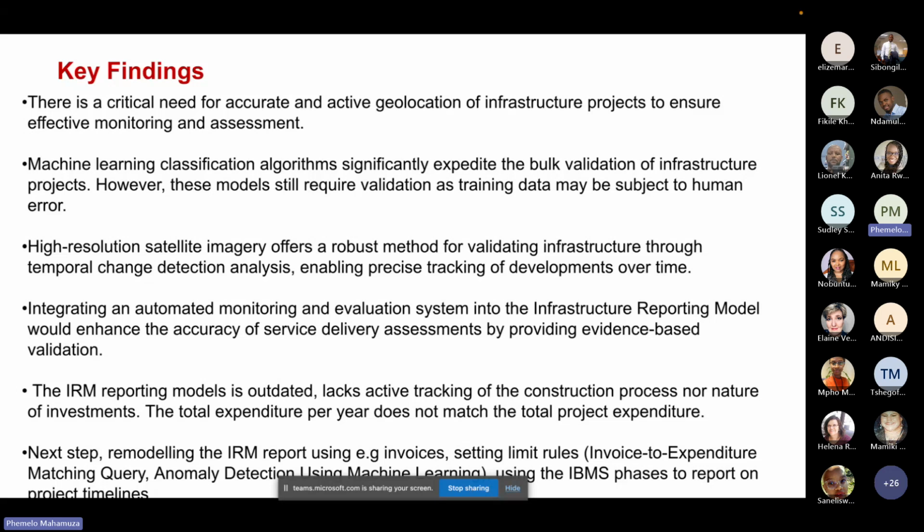And the step forward would now be, okay, because we know that satellite imagery was able to validate the existence of these healthcare facilities, and tell us when they were constructed and so forth, what is the next step? The next step is to remodel the IRM model itself, taking into account all this information that satellite images were able to provide us. This is still a continuous project with the organizations. So hopefully sometime soon, I will come and present to you the reworked reporting model